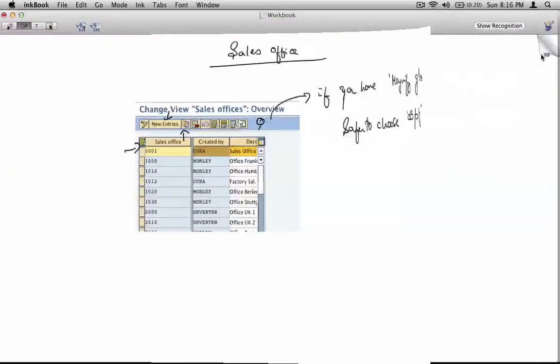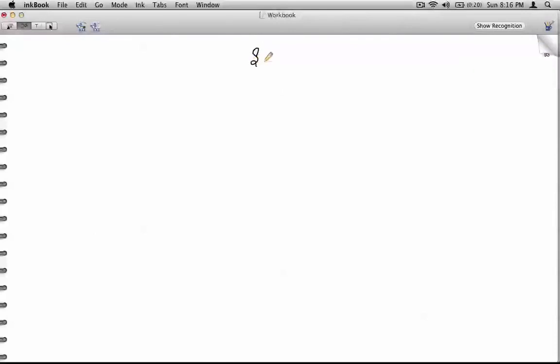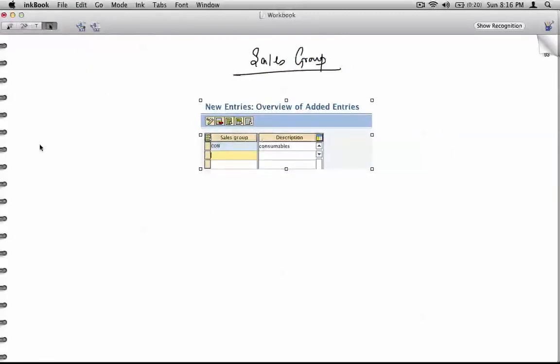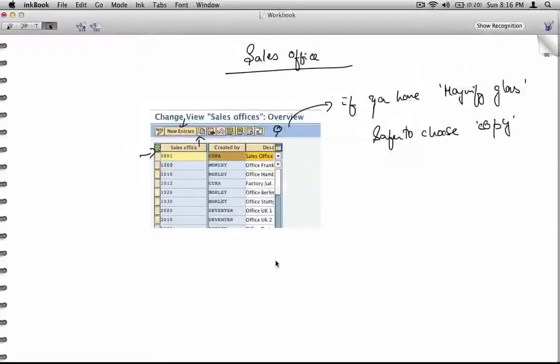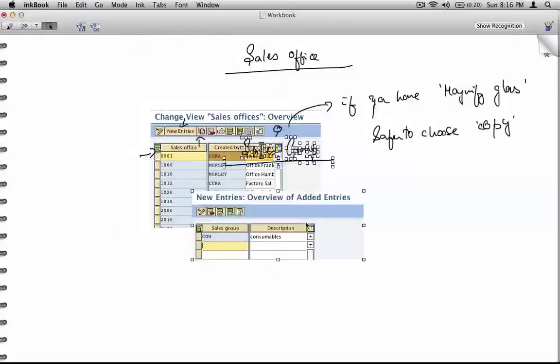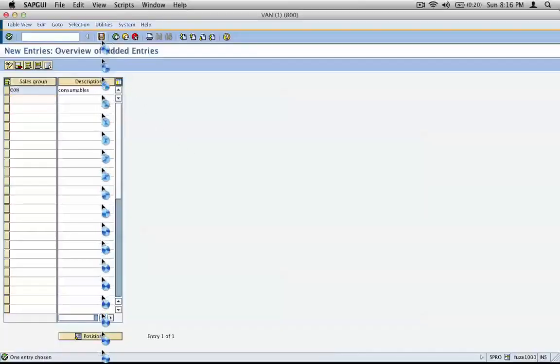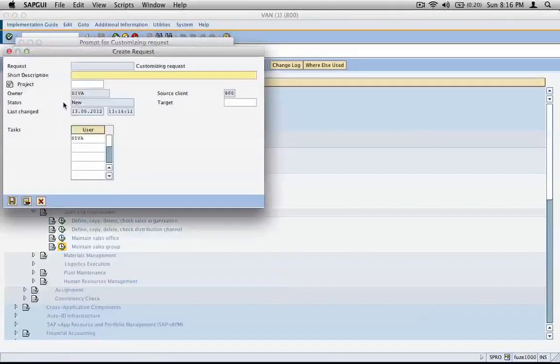Okay, sales office is that, and then sales group is consumables. So in fact we can copy all of this stuff into the previous slide, like so. So here is our sales group and sales office. Save it, then create